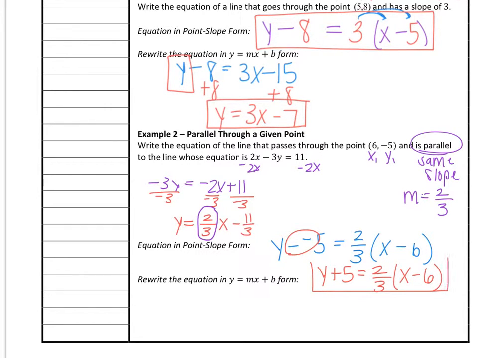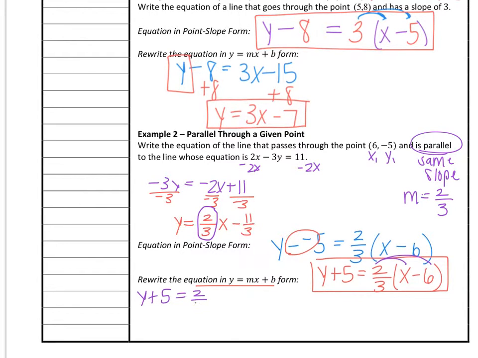We're going to box this in as part of our final answer. On a Common Core test or on any test, you can leave your answer like this. However, if it says to write the equation in y equals mx plus b, then you have to do that extra work. That work starts with the distribution of 2/3. So we have y plus 5